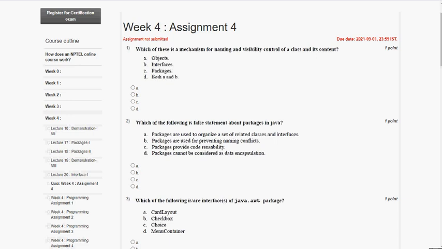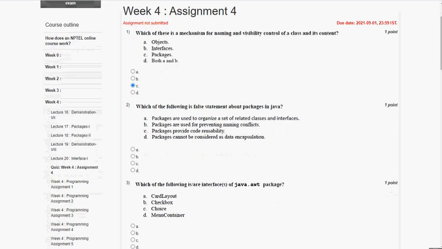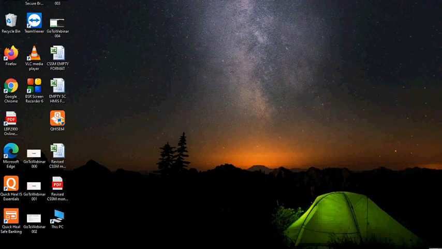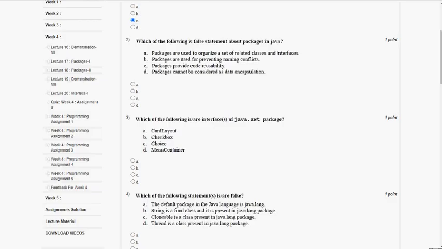So coming to the first question, which of these is a mechanism for naming and visibility control of a class and its content? So the answer is option C, packages. So mark option C as correct answer for first question. And coming to second question,